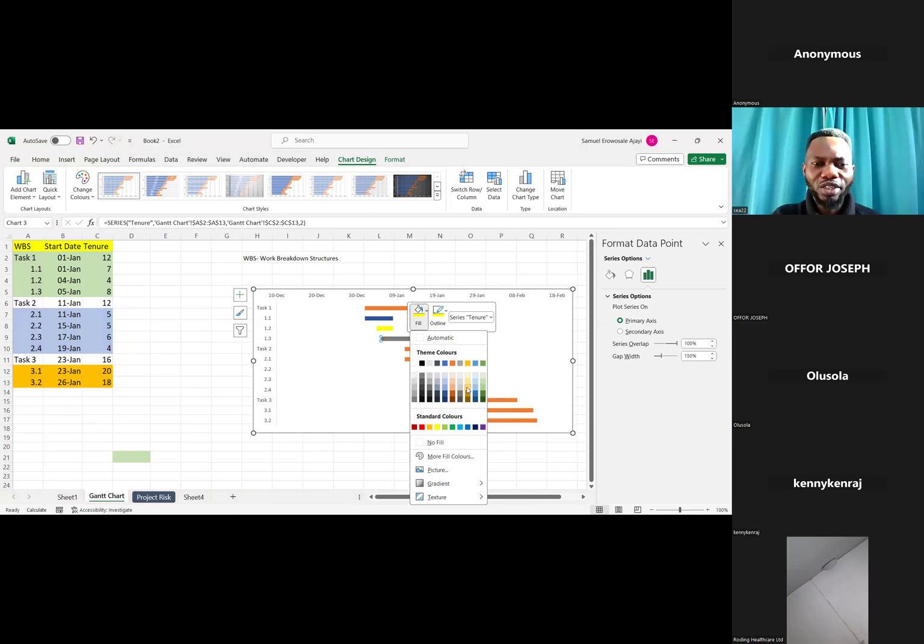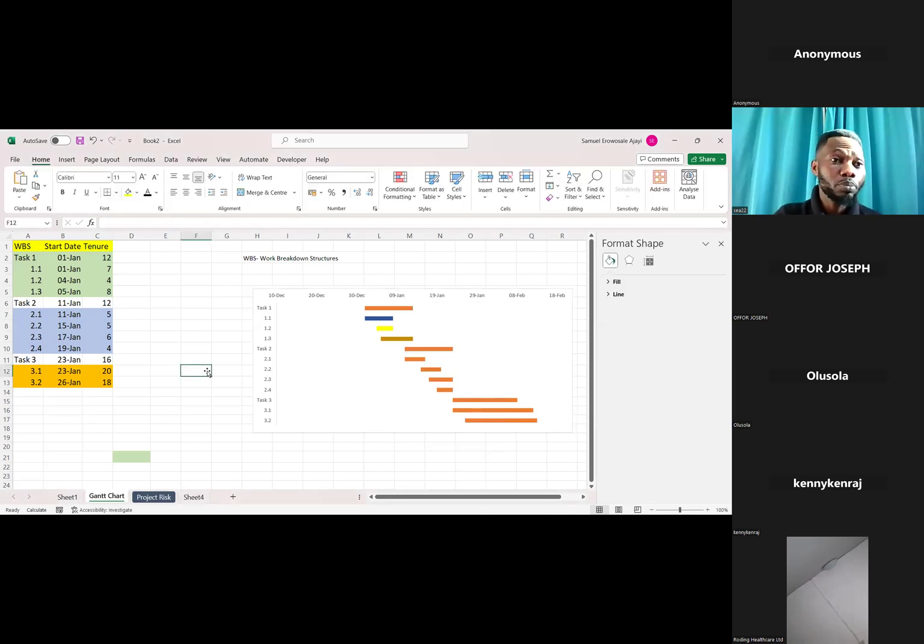Basically, of course this is a mini project. This is more like a sample, but irrespective of how the project is, the bigger the project, what we should expect is that there will be a lot of tasks. You could have as much as 100, 150 tasks, so you have several bars coming up like that. Different colors will just help you. And of course, naming it particularly. You're saying task 1, 1.2, because those breakdowns have not been